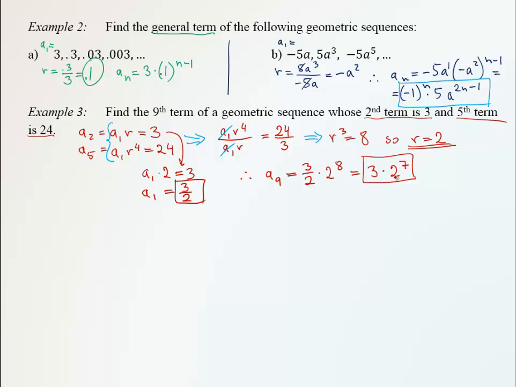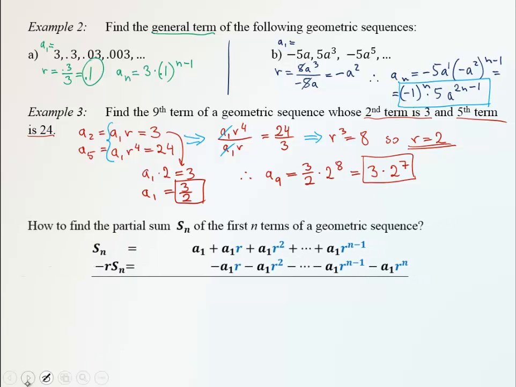This is a pretty large number. We can stay with the product of powers of prime numbers. That's perfectly fine. Now we're going to develop the formula for the partial sum, Sn, of the first n terms